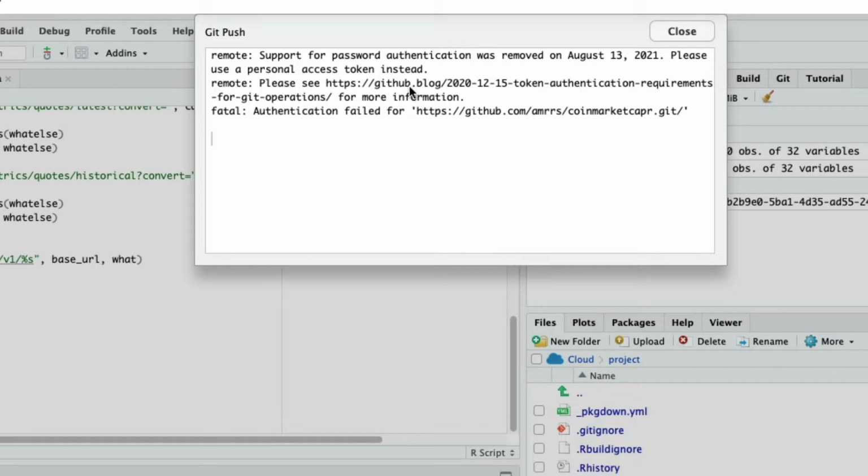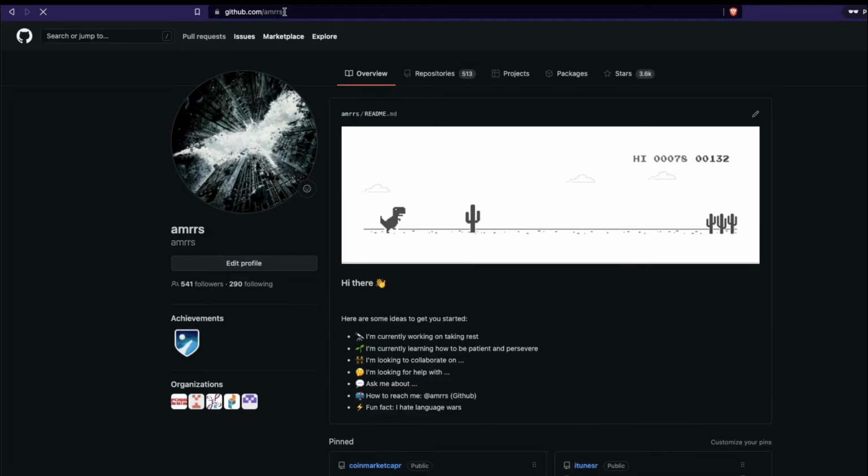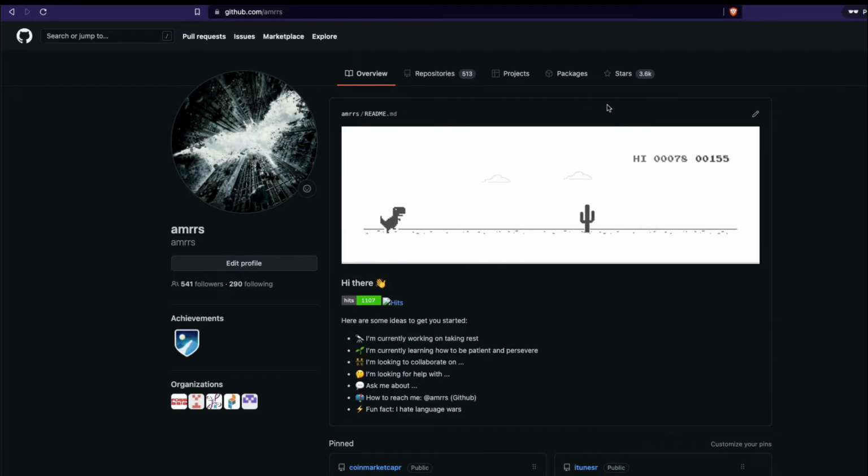So I'm going to show you next how you can create your personal token and add that personal token here in the RStudio Cloud and then successfully push it. Like I said, I'm explaining with RStudio Cloud, but you can probably expand this to any scenario. The first thing that you need to do is you need to go to your GitHub profile. Let me go inside my GitHub profile. And once you sign in, you have to